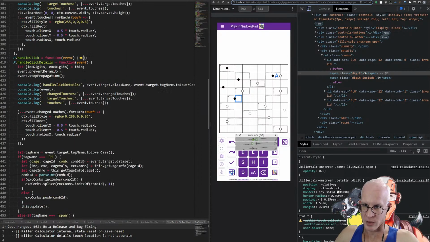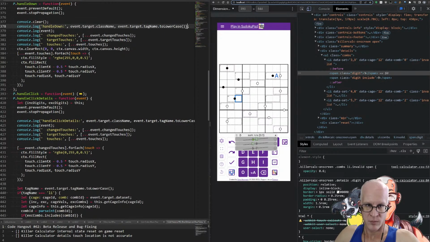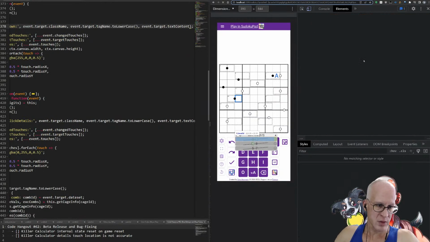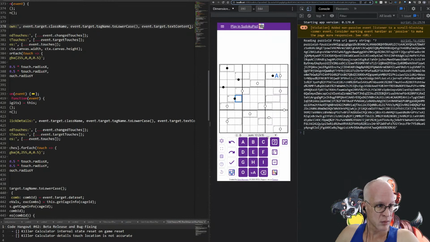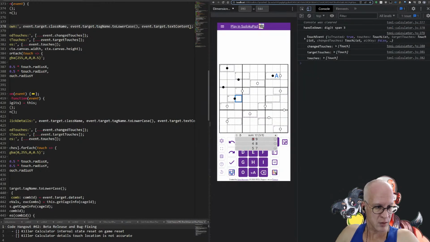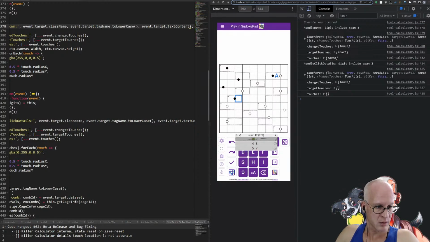And I think we can ignore handle click for now. So I want to see, if I click on that 3, what does it think I'm clicking on? Click on the 4. Okay, so I click on the 4, but it thinks I'm clicking on the 8,